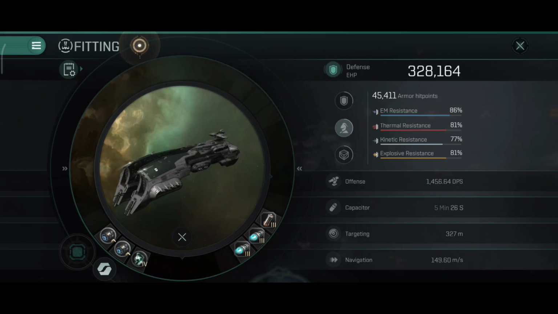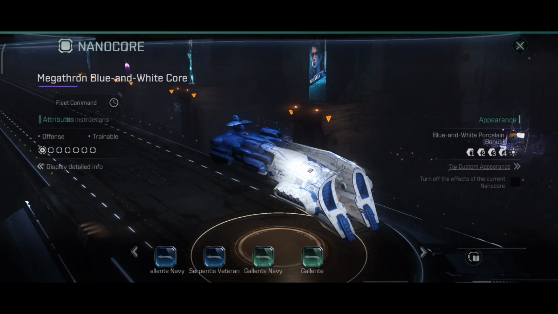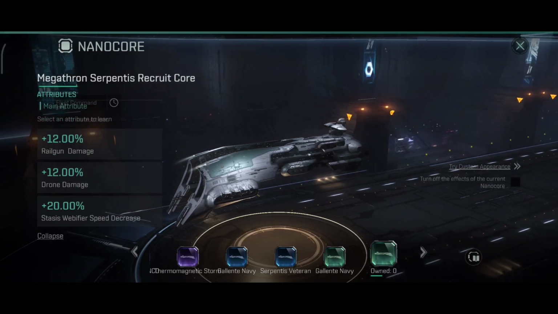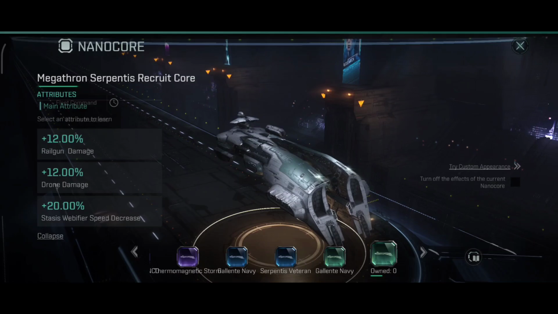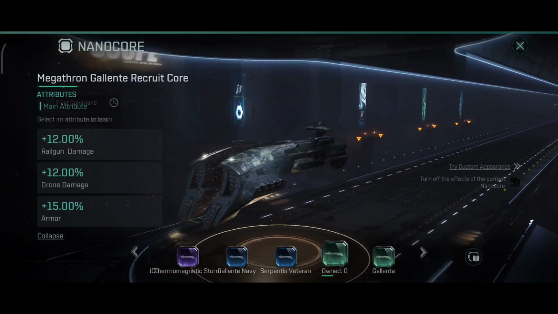Now, as for the nanocore, I don't have any nanocore on this ship. I thought about buying a core and basically bringing it over here, but not really sure which one to take. If I were to take a nanocore, it's definitely going to be maybe a blue, maybe a green one, I don't know. Something that's not going to break the...